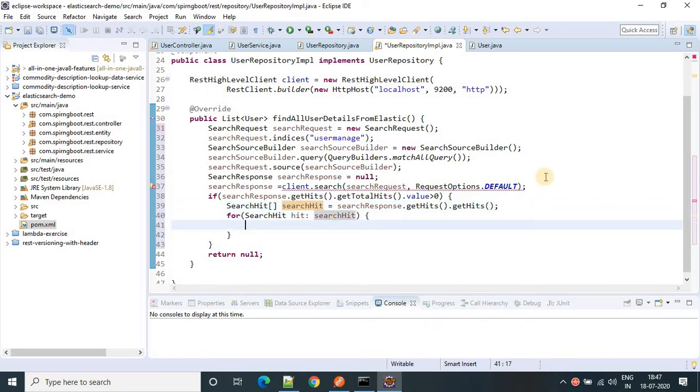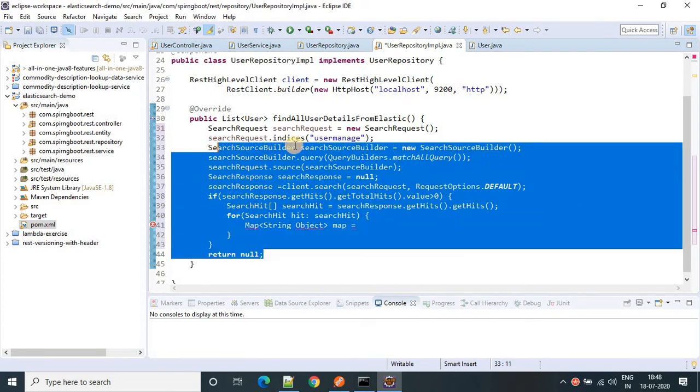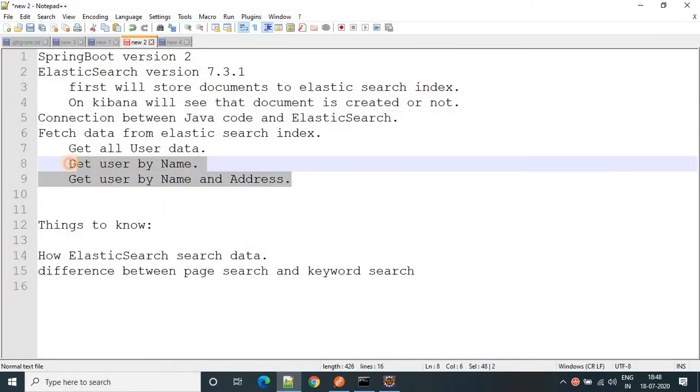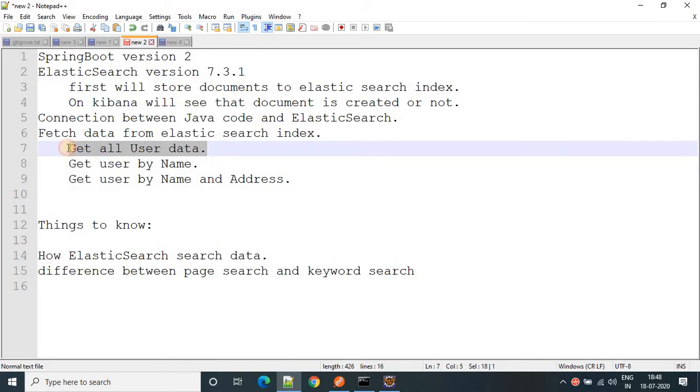And here we have to take a map, so Map of String and Object. This is a one-time implementation. All of these are one-time implementations that we are going to do. The same thing we will use for these two methods also. Currently we are doing it for this one.